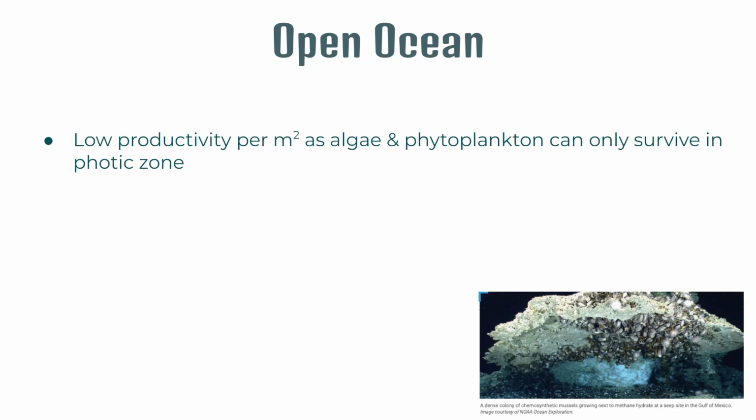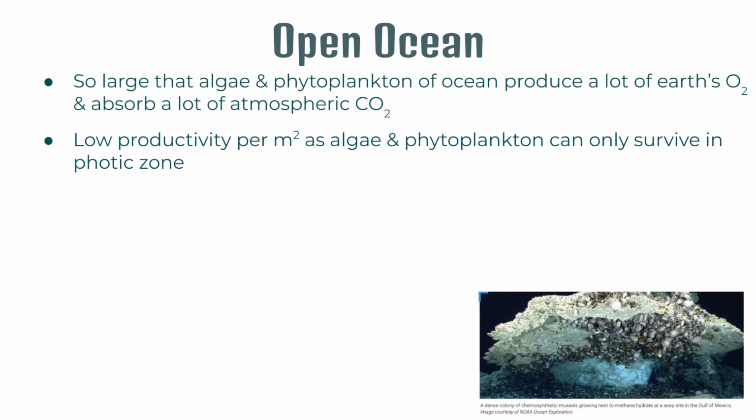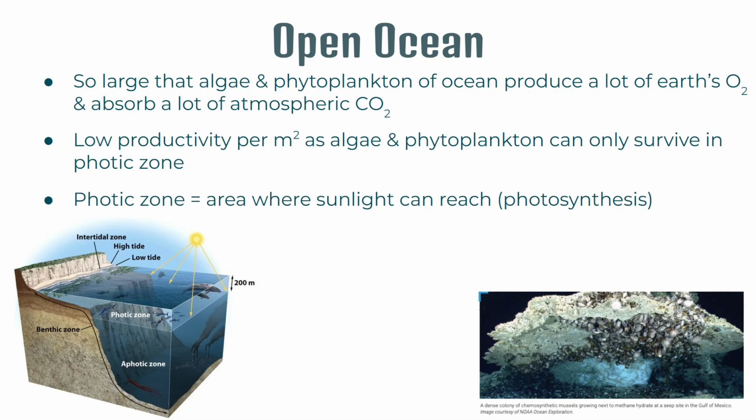Finally, we will end with the open ocean. The open ocean is a very low productivity biome per unit of area. So for each square meter of the ocean, it is less productive than a square meter of the tropical rainforest. That is because only algae and the phytoplankton can survive in much of the ocean. It's just too deep for most plants to survive, so although there's very low productivity per unit of area, it is such a large biome and it covers so much of the earth